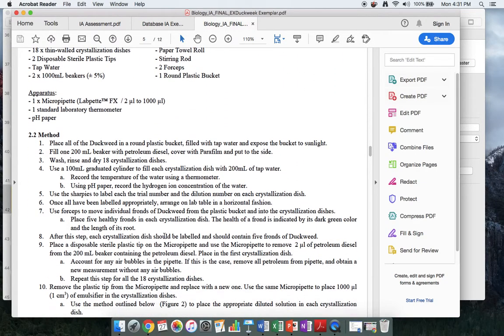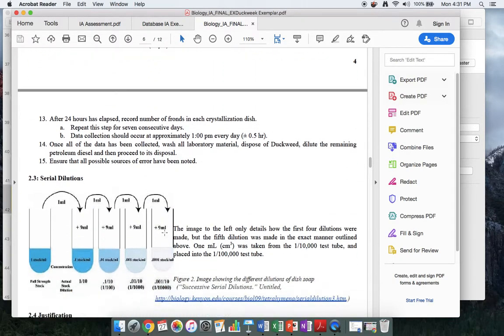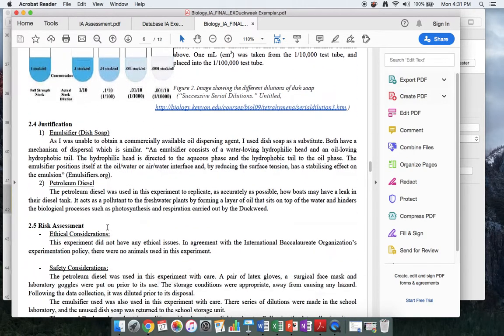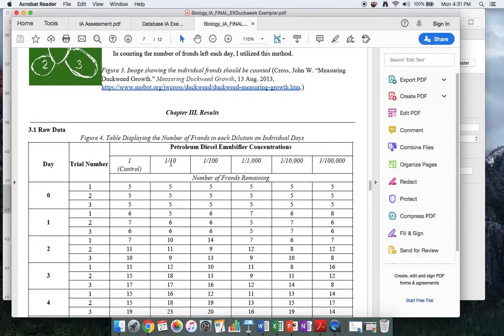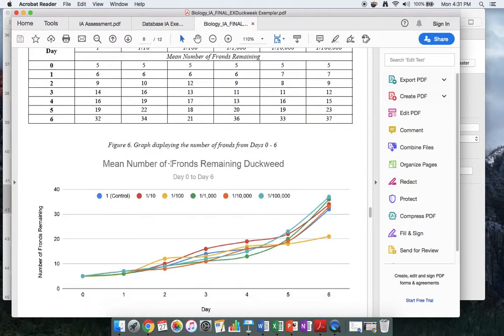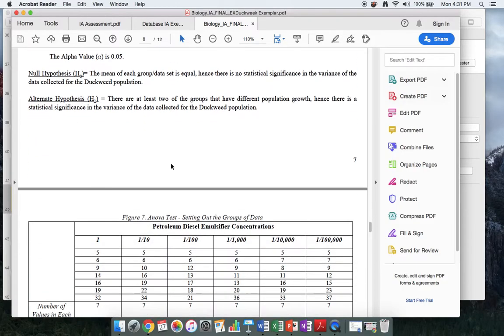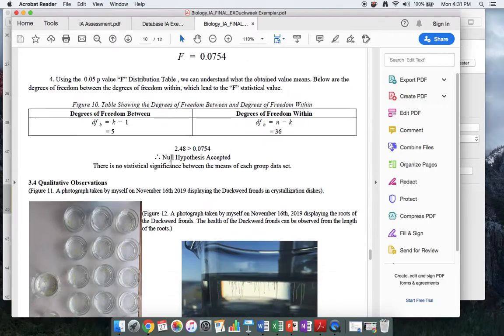Okay, and then we have the method. They looked up things to compare about how they're using the method. So they looked up how to do serial dilutions, and down here, how to count duckweed. So does this count as a separate frond? And they cite the source of that information. So looking up stuff in your methods is important to help you make sure you have a good methodology, following the standards of the field. And then if you look down here at all the stats they did,